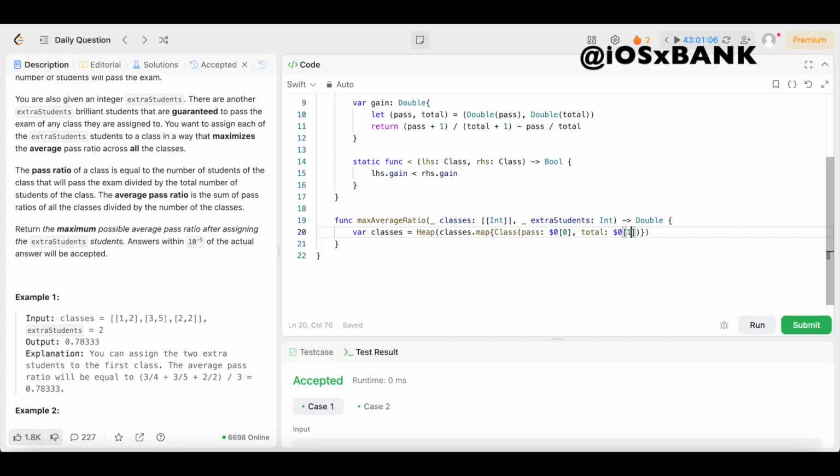Boom. Now we need to distribute the extra students one by one. So we're going to come underneath this. We're going to say for underscore in 0 dot dot less than sign extra students. We're going to open up the brackets and we're going to take out the class with the maximum potential gain. So we're going to say if let max gain class equals classes dot pop max, put the parentheses, then we're going to open up the brackets